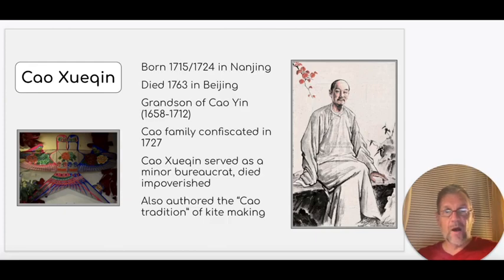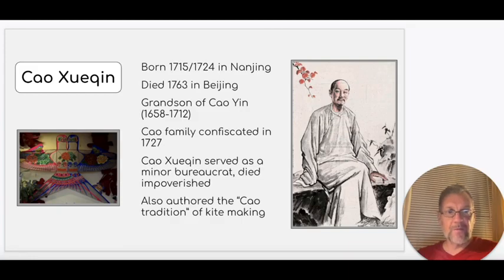All of that will help you introduce some of the context of the writing of the novel and where some of the story of the novel comes from in Cao Cuiqin's own life. But if you have any other time to present, you might also present the fact that Cao Cuiqin was the author as well of a tradition of kite design, which is known as the Cao tradition, an example of which is pictured here, the double-hearted sparrow.